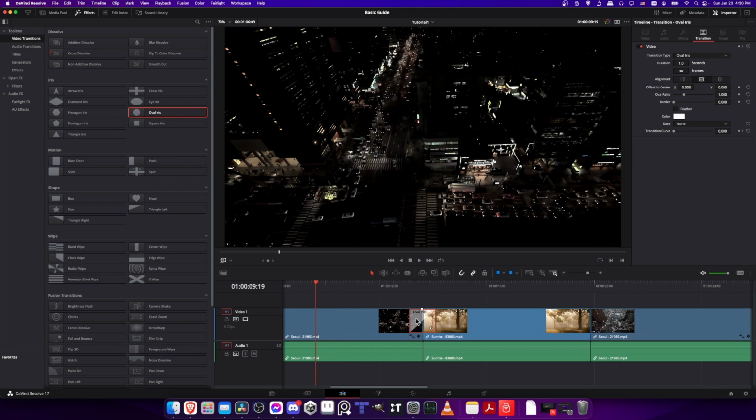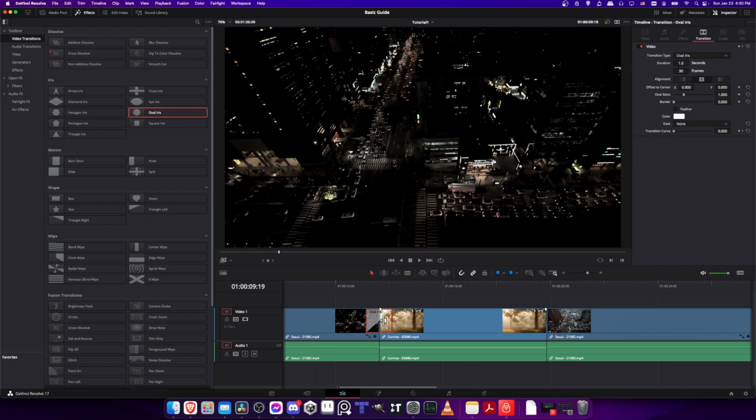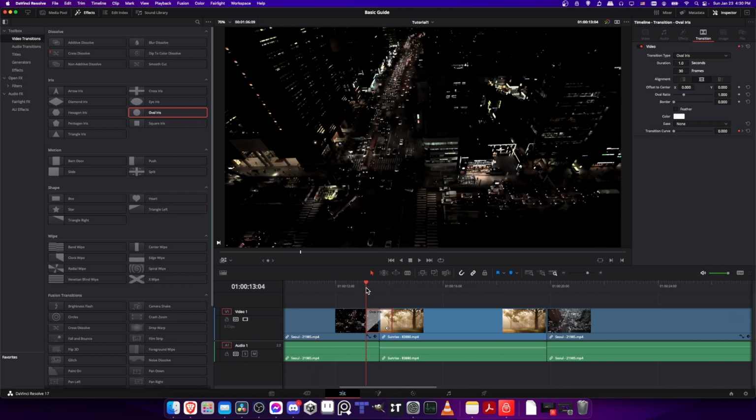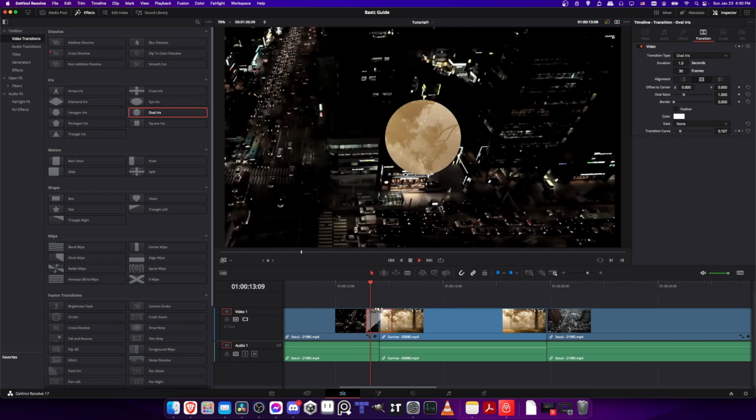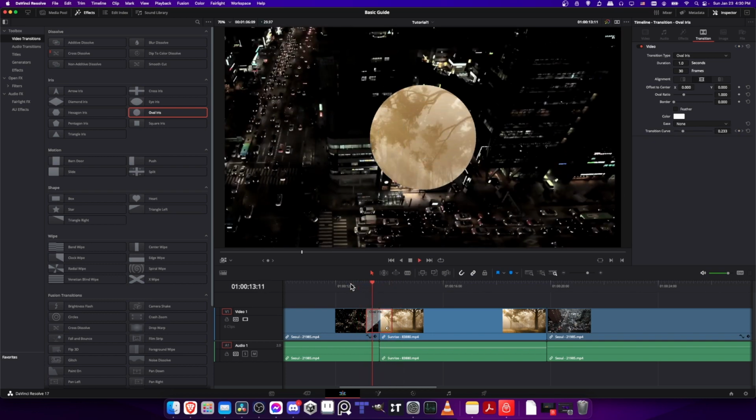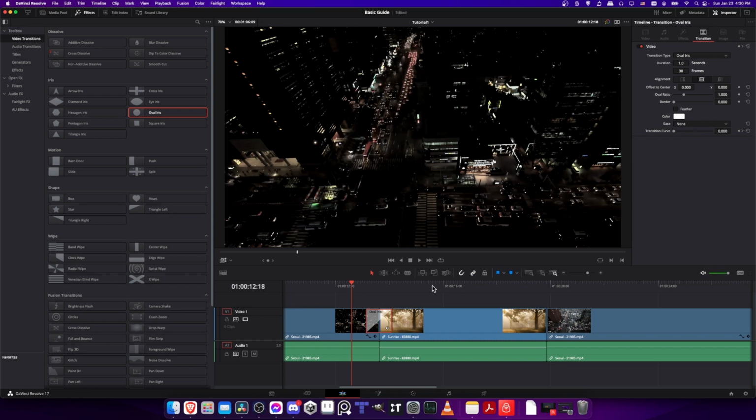drop. The transitions sit on top of your underlying video clips, and we can go to the start of one of those transitions, hit space, and see it play back in the timeline. Of course, if you left click on the transition, a bunch of the settings are over in the inspector in the top right. The idea is basically if there's a property you need to edit, you almost always use the inspector